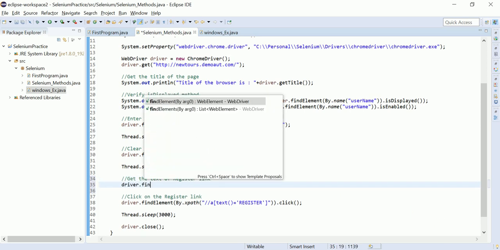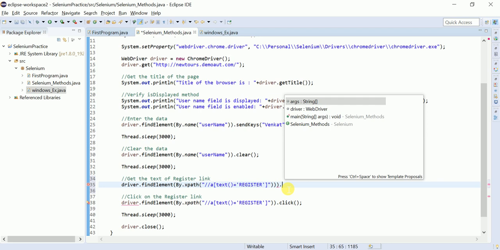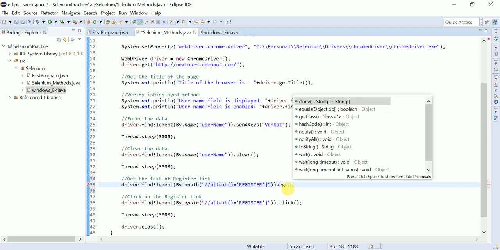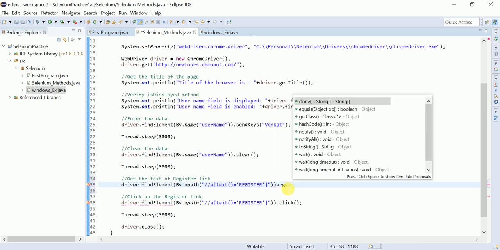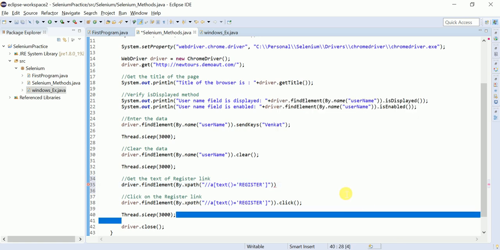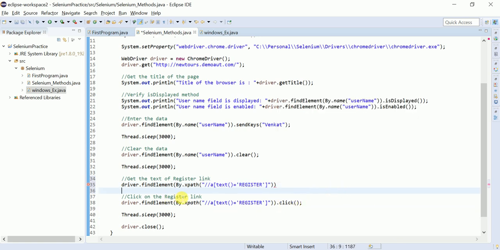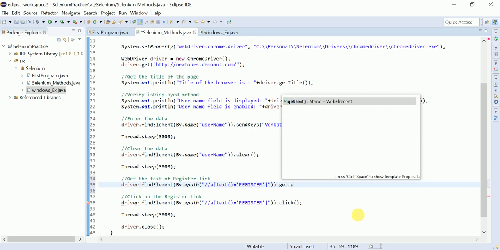Driver dot findElement, same. By dot, same locator, right? Link text dot. So what we need to do? Dot. Driver dot findElement by dot XPath. Is anything going wrong? getText.